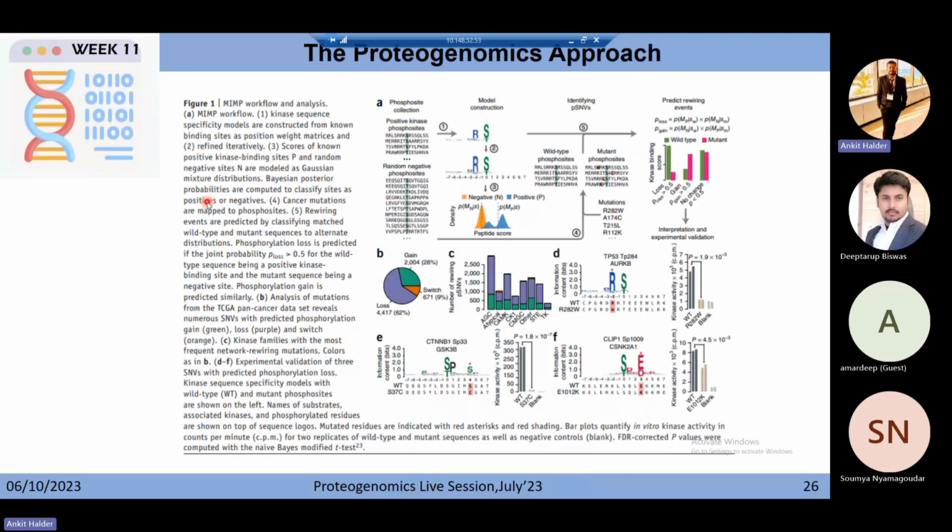So this is the workflow generally used for mutation impact on kinases. You have the phosphosite collection, so you will have the positive kinase phosphosites and random negative phosphosites. Why are you giving negative phosphosites? So that your model understands and doesn't overfit. Then you construct your model, identify PSNVs, wild type phosphosites and mutant phosphosites, predict your rewiring events, the loss and the gain, then interpretation, and then experimental validation, and then you will find the actual places where